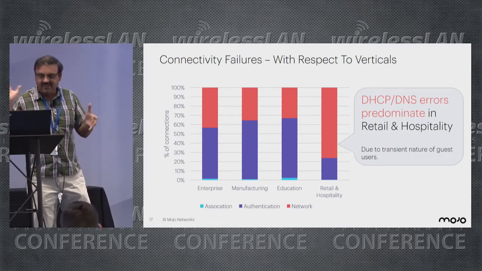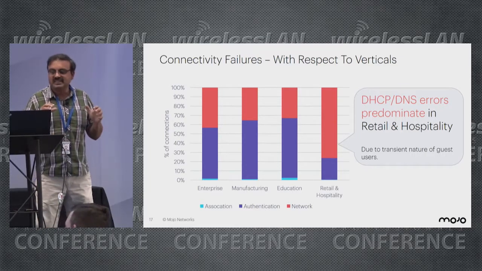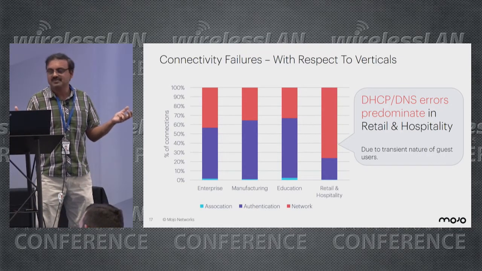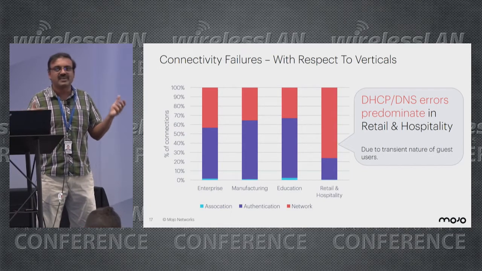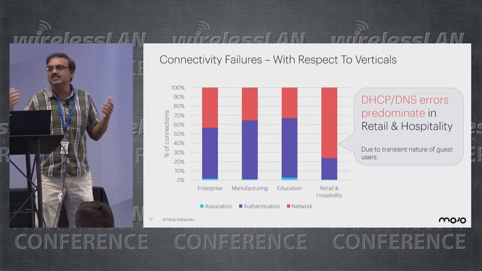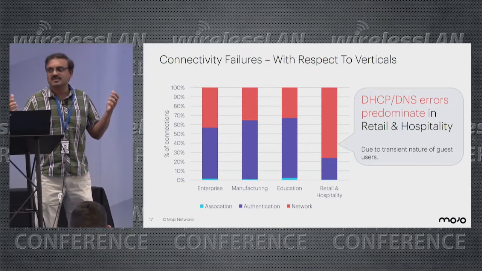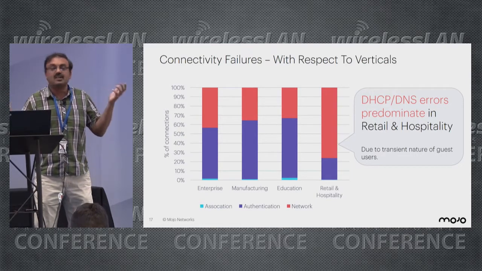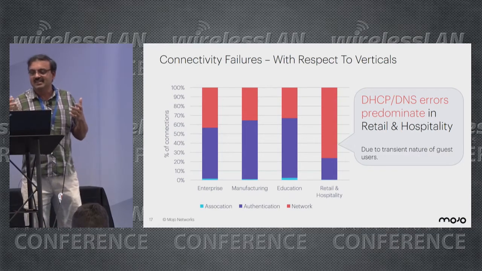One interesting observation we can take away from this is that the DHCP and DNS errors predominate in the retail and hospitality industry, right? And I think this, in hindsight, is very obvious, because the nature of the industry is that there are a lot of guest users. You have a flux of transient users, and we may run out of IP addresses very easily